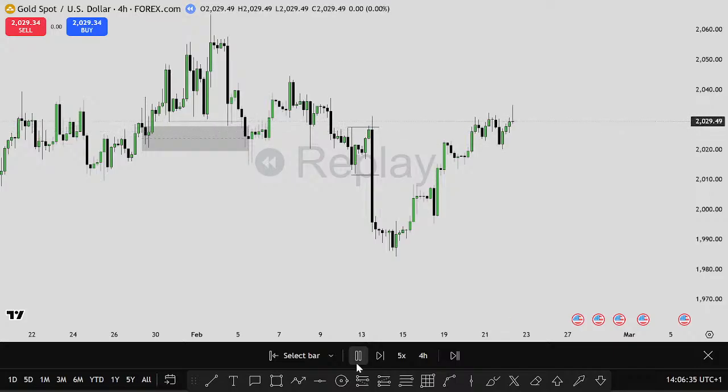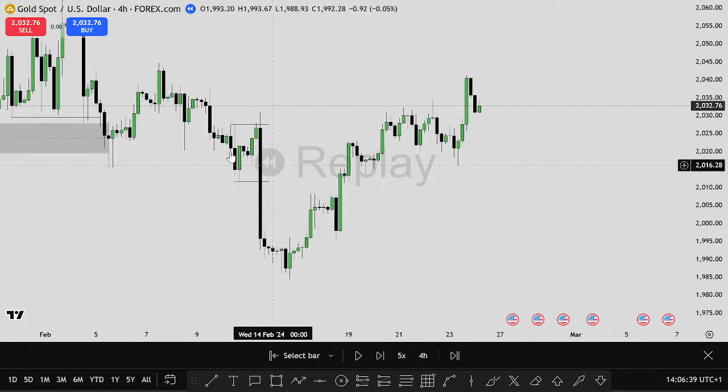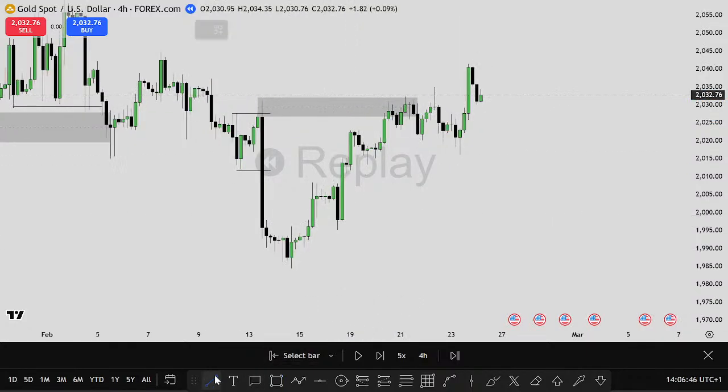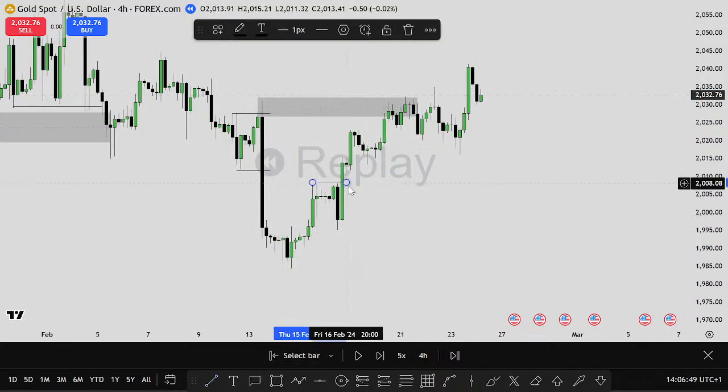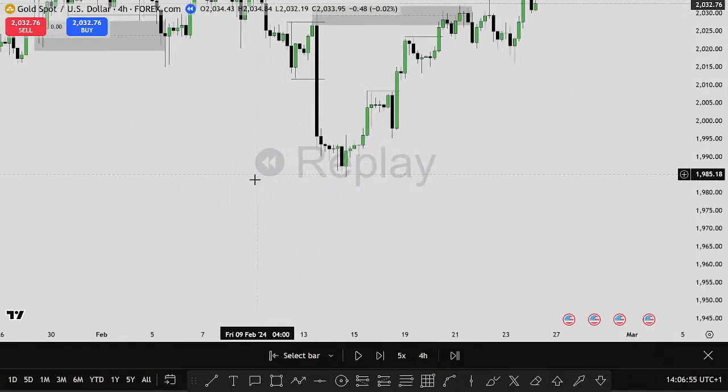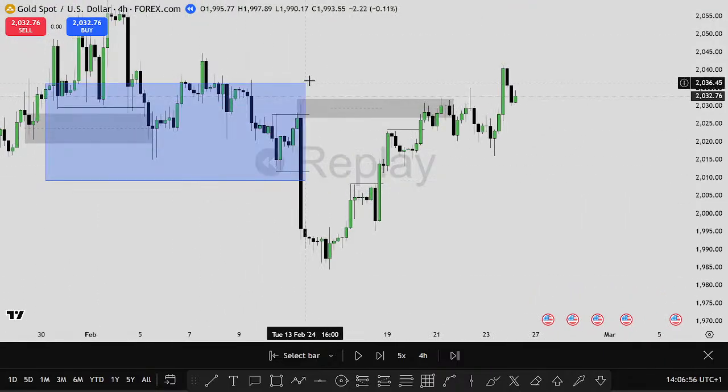Voila, away it goes. There's already even a shift of structure before it got to this spot here. This is the shift of structure. So it broke here, 1, and then broke here, 2. That was enough. So normally when you see 2 break of structures like that,